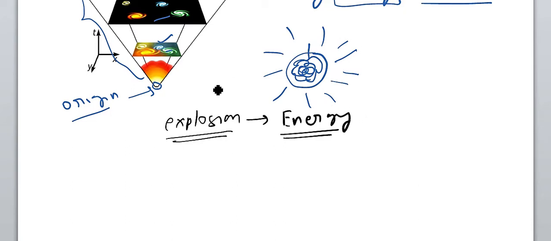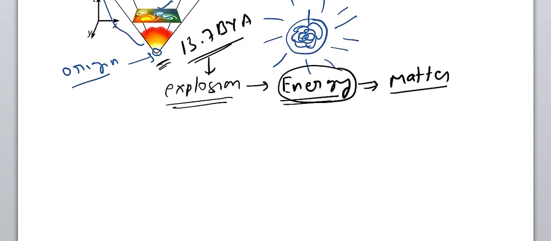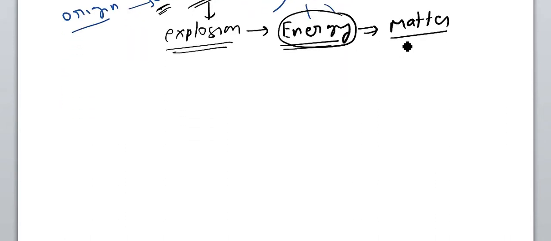Similarly, at the time of this Big Bang explosion, which occurred about 13.7 billion years ago, there was a release of energy, and some of this energy was converted into matter, right? Some of this energy was converted into matter, and the first matter that was formed due to this conversion was